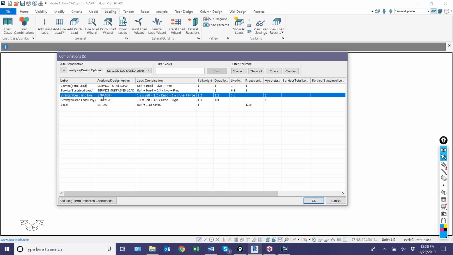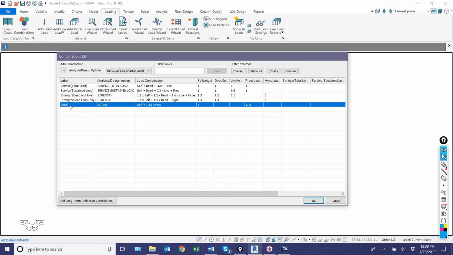For strength, the program will design reinforcement for whatever ultimate factored level forces are produced by that combo. So if you have a moment at one particular location along a strip in the slab of 500 kip feet, the program will add rebar necessary to meet that demand along that support line and strip. So this is for factored level ULS, ultimate limit state,